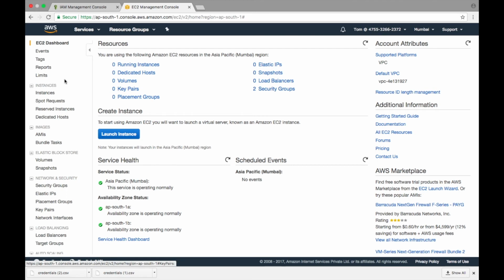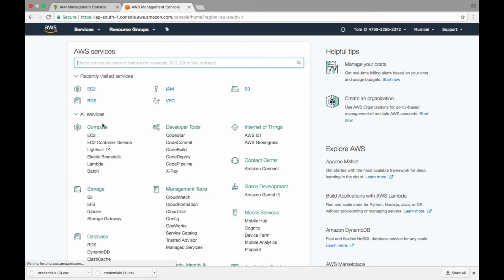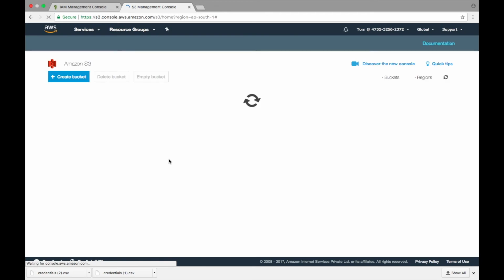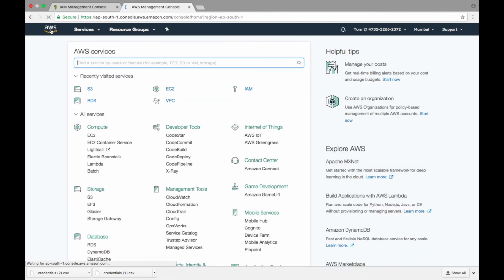So first we are checking whether Tom can access EC2 instances or not. Here we open the EC2 dashboard and we see they are successfully using EC2 instances. After that we are going to see whether they can use more services or not. So we are going to check Tom's S3 bucket. Here we see an error with the message access denied. So Tom cannot access more than EC2 instances. So we are logging out from Tom